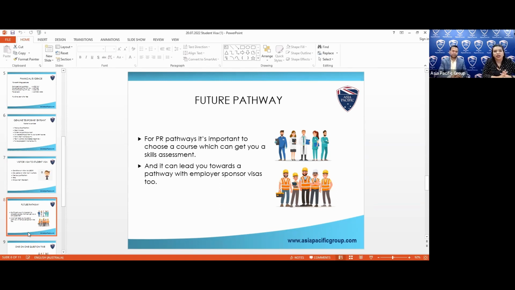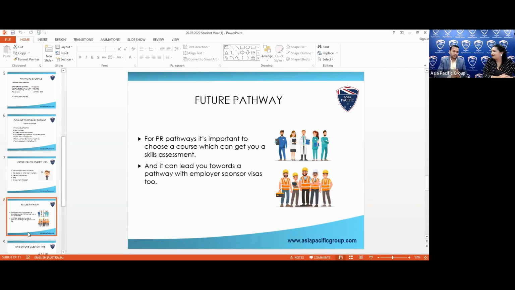That's right. It's very, very important to choose the right course, and to choose the right course, you can come to Asia Pacific Group, contact any of our admission team members, and we will be able to guide you about the course, fee structure, and what scholarship you can secure on that. Very flexible payment plans if you don't want to pay everything in one go, and then our migration agents can help you understand what course our admission team have offered you and how this course will lead you towards your PR pathway. So I would say, don't leave yourself alone out there without any guidance.